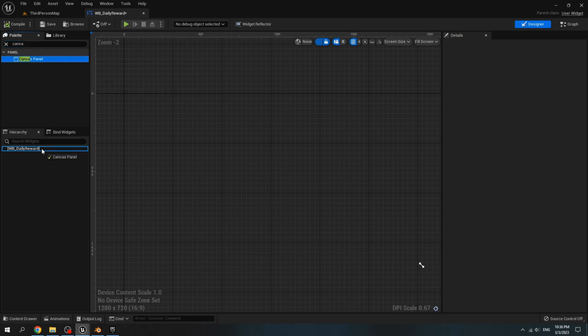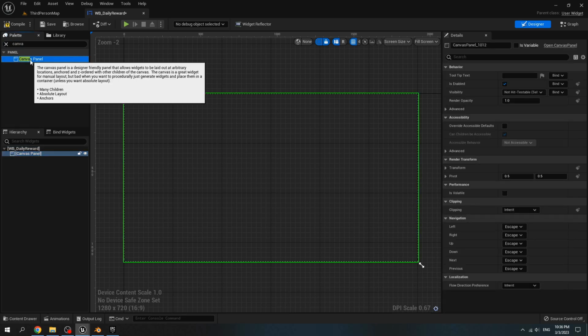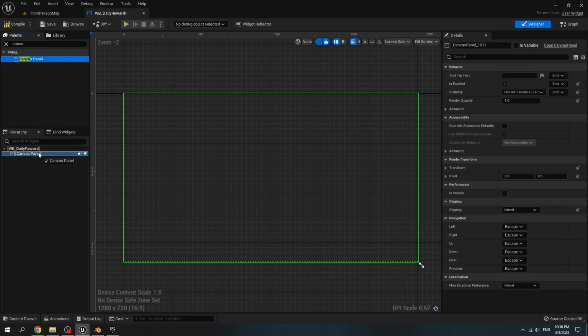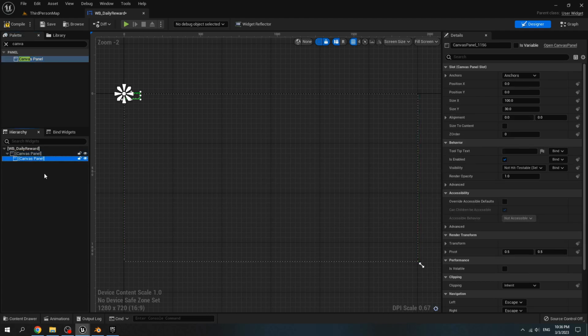Add it to the hierarchy. Add another canvas panel. Set the X position to 250 and Y position to 400. Tick on Size to Content.